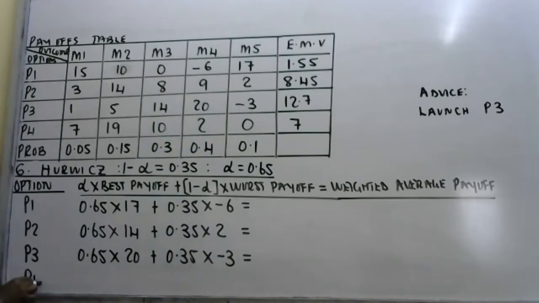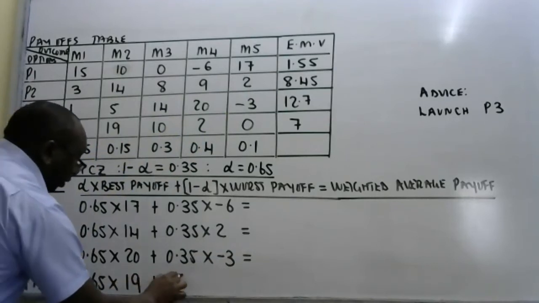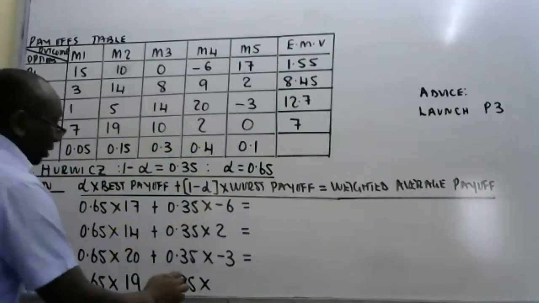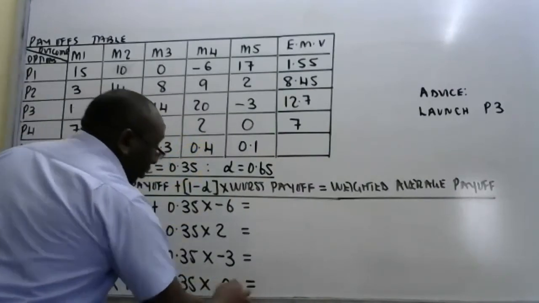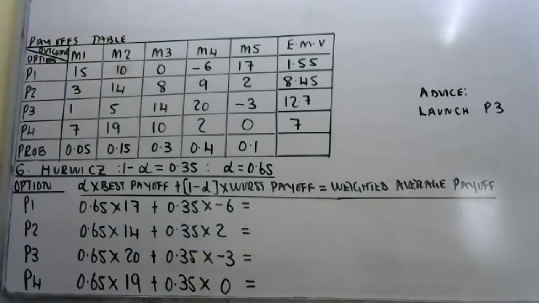Then P4 is 0.65 multiplied by the best here is 19 plus 0.35 times the worst here is 0. The worst is 0. So seeking help from the calculator,